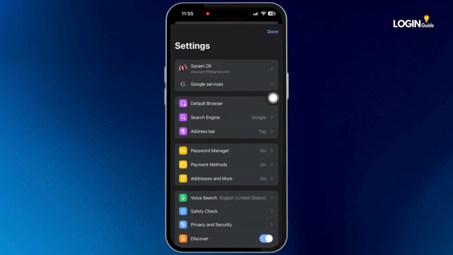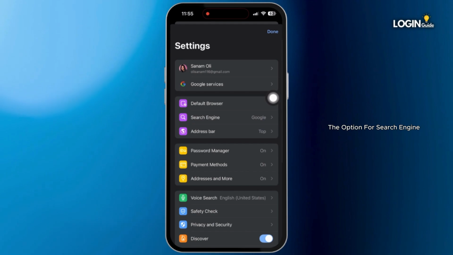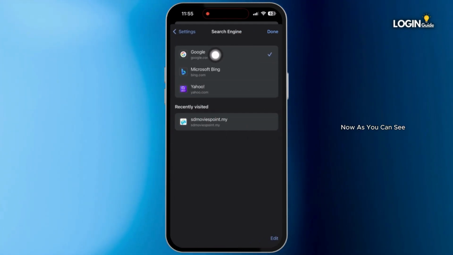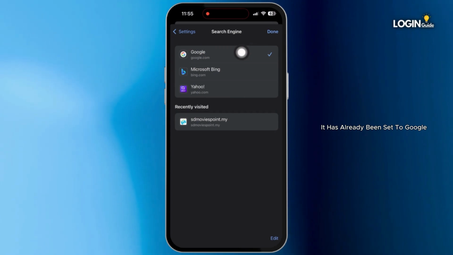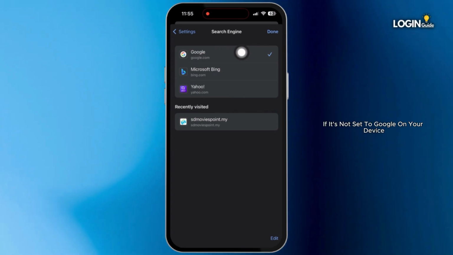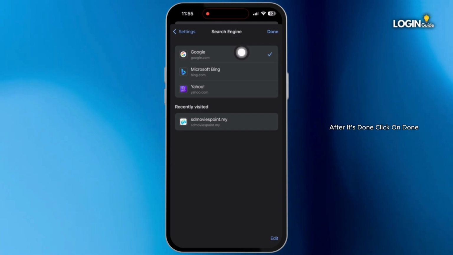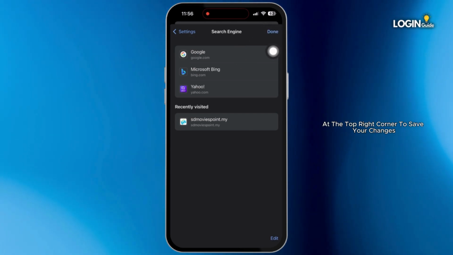On this menu, you will clearly see the option for search engine. Click on it. Now as you can see, it has already been set to Google. If it's not set to Google on your device, then click on Google. After it's done, click on Done at the top right corner to save your